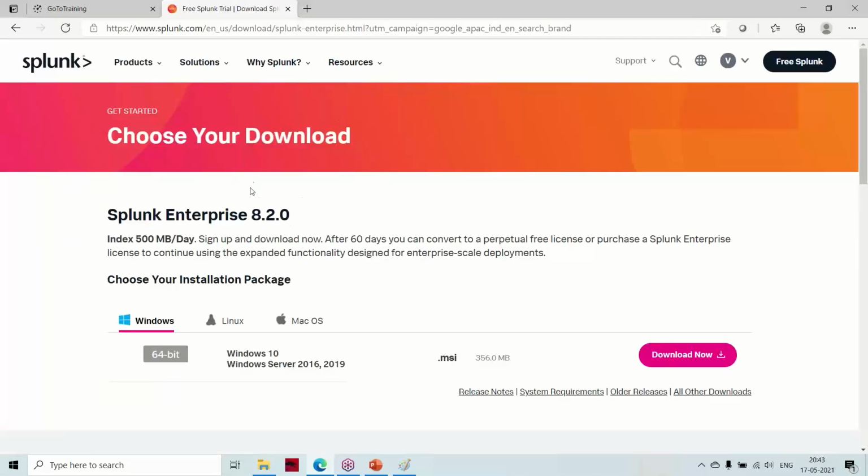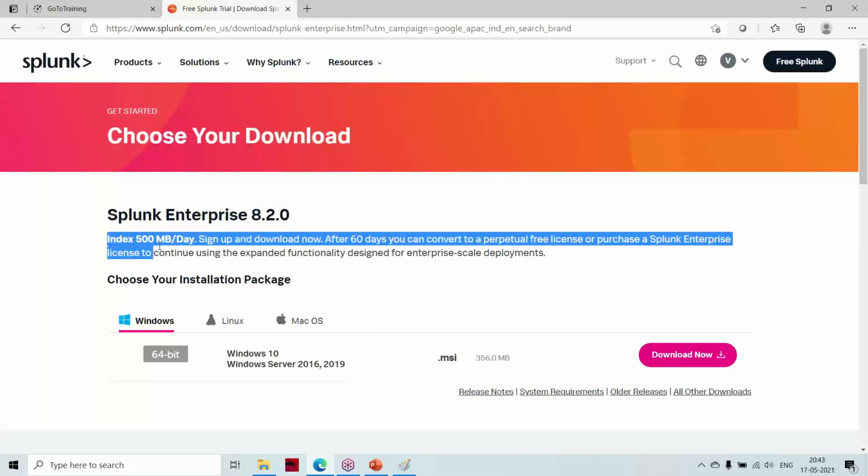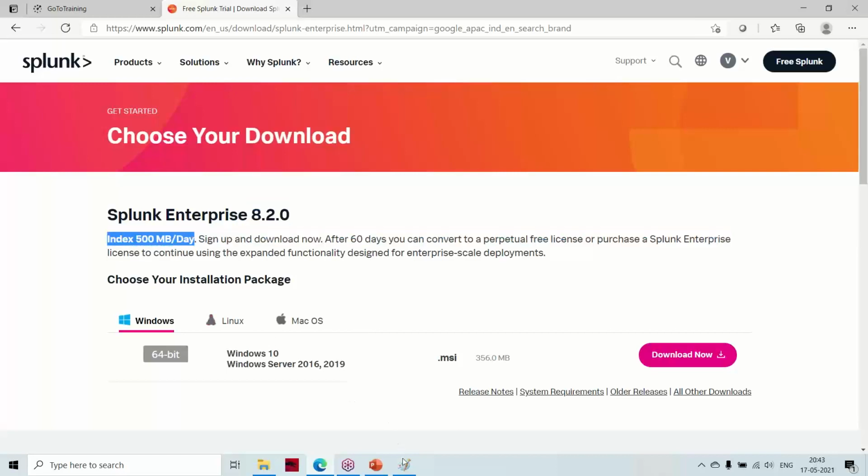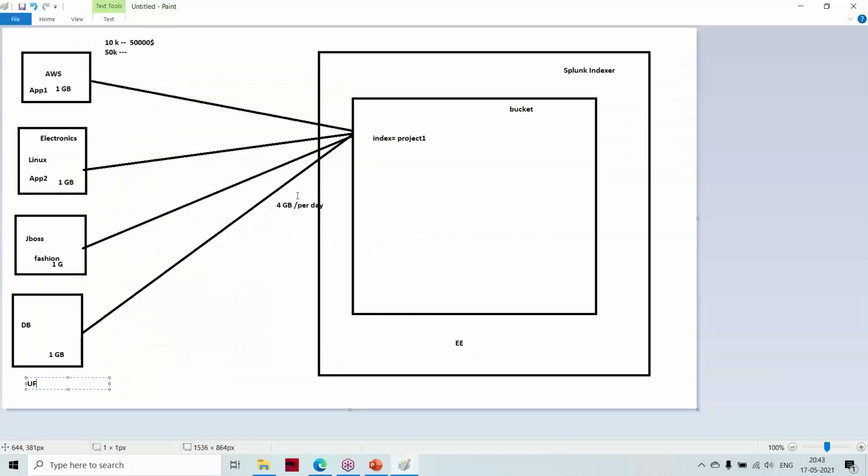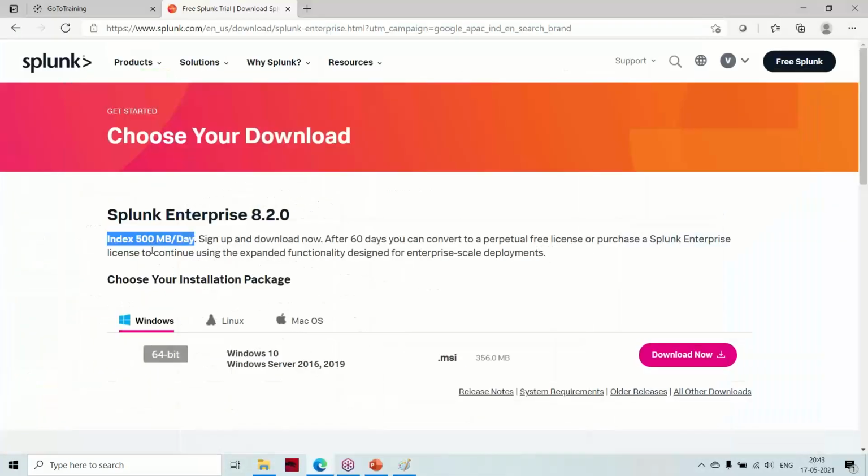Since last week it was 8.1.3. Two or three days back they launched the 8.2 version. By default, as I told you, Splunk will be charging you based on the data ingest. By default, Splunk will let you index some 50 MB per day.